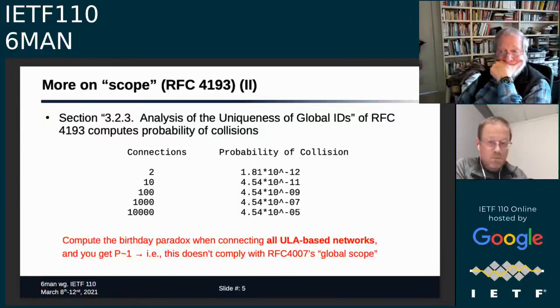So you connect only 2 networks, then you get, blah, blah, blah. You connect 10 networks, you get this probability. You connect 10,000 networks, and you get this number, which is still low, you could say. But based on the definition that we have from global scope, in order for ULAs to really be global scope, that means that absolutely all of the ULA networks, when interconnected together, should have